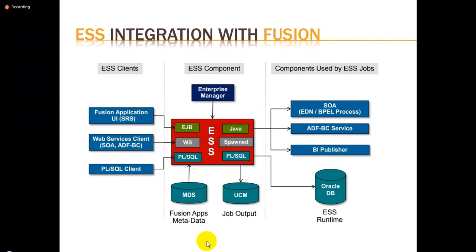Whenever these interactions happen, whatever job we defined will be stored as a metadata file in the MDS repository in XML format. So whenever a job is being called, an XML metadata definition will be pulled out, and based on the definition, the respective program will be called. If it is a Java program, it will call the Java program; PL SQL program, or a spawn program, that is shell script or C or SQL loader, whatever.